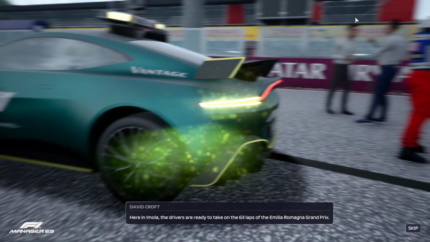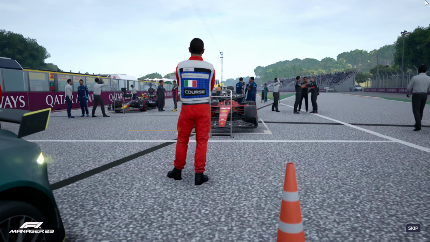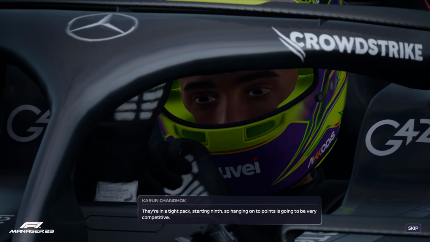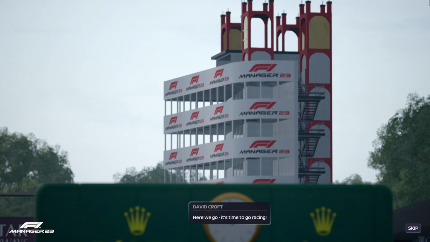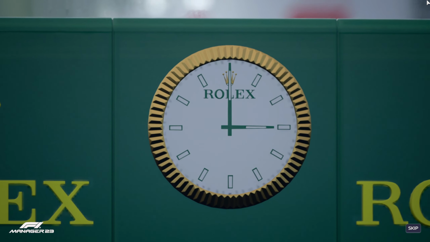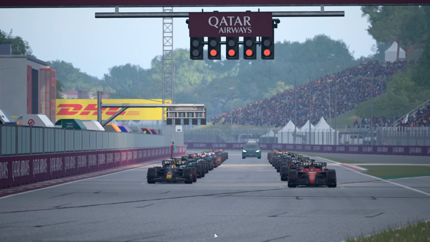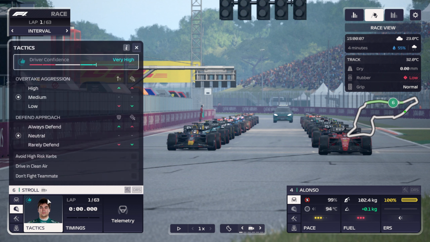Here in Imola, the drivers are ready to take on the 63 laps Hopefully of there's the a safety Emilia car and we Romagna can Grand do a Prix. two-stopper. This could be a big race for that man, right there, Lewis Hamilton. They're in a tight pack starting 9th, so hanging on to points is going to be very competitive. Here we go. It's time to go racing. The crowd are on their feet in anticipation of this, the Emilia Romagna Grand Prix. And it's lights out, Yes, it is lights and out away and away we go. But first,